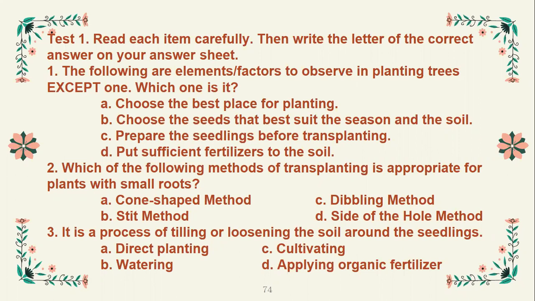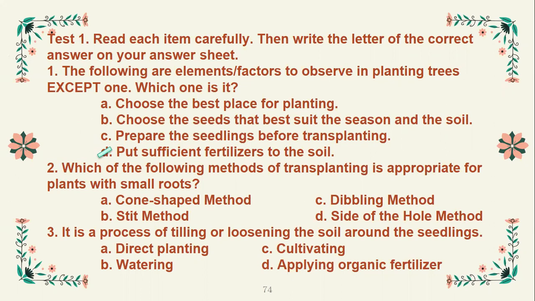Okay, one, the following are elements or factors to observe in planting trees except one. Which one is this? A. Choose the best place for planting. B. Choose the seeds that best suit the season and the soil. C. Prepare the seedlings before transplanting. Or D. Put sufficient fertilizer to the soil. So which of the following is not the element or factors to be observed in planting trees? Your answer is